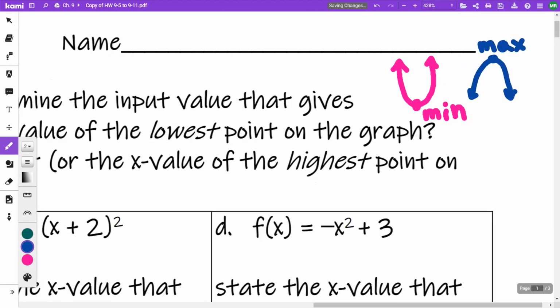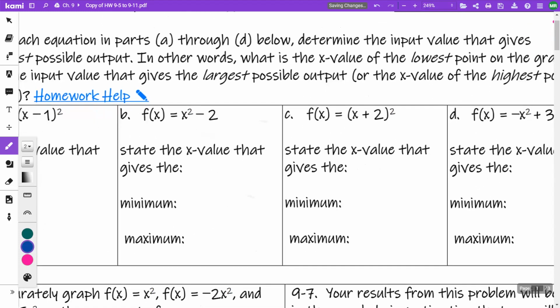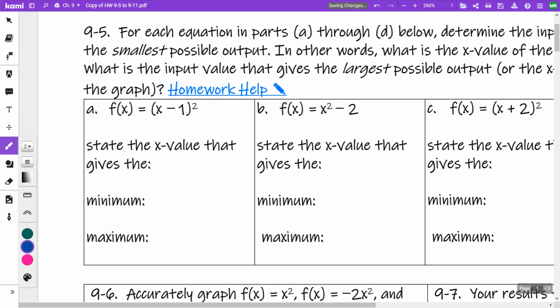my vertex is going to be the maximum where it occurs. Now, the y-coordinate would be the actual minimum, or lowest that it goes, or the highest, the maximum that it goes. But in these cases, they're actually asking for the x. They're really asking for the x-coordinate of the vertex. That's what they're asking for. So on this one here,